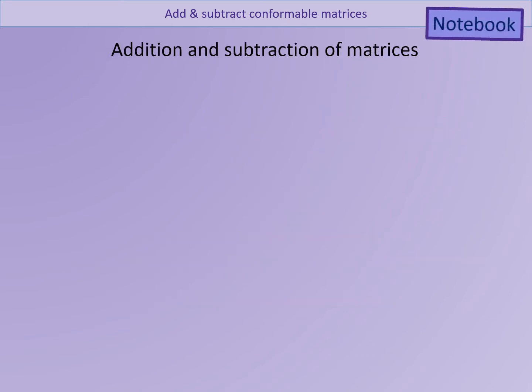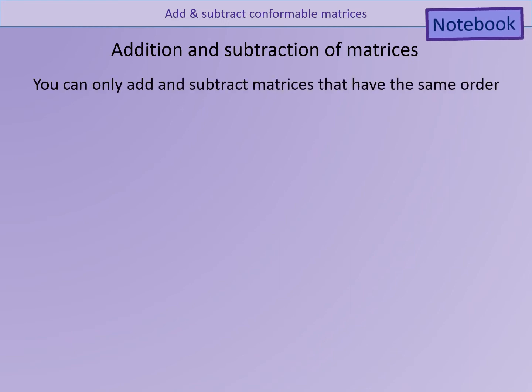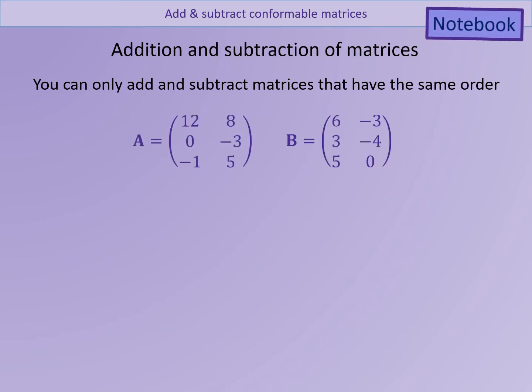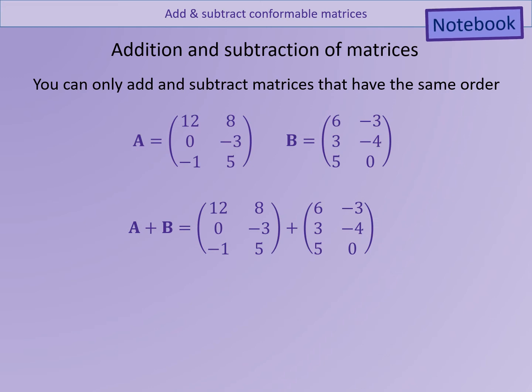Let's take a look at addition and subtraction of matrices. You can only add and subtract matrices if they have the same order, which will become apparent with this example. Here is matrix A and B, and if we are to add together matrix A plus B, we need to add together the elements that appear in the same position. So we are going to add the 12 and the 6 together,